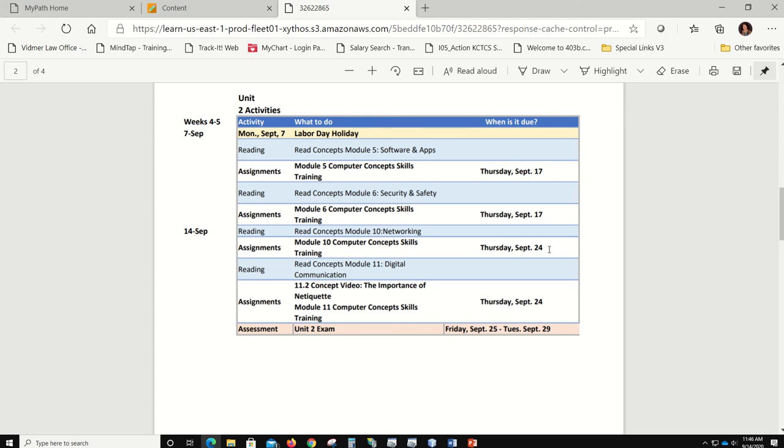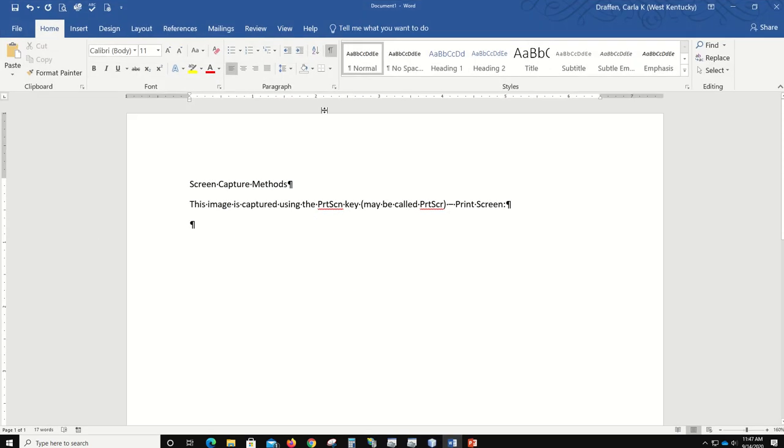It may be PrtScr or PrtScn. It may even say the word PrtScreen on it. So we're going to tap that. And it doesn't look like anything happened, but we actually captured this image to the Windows clipboard. Its own little personal operating system clipboard to hold an image that we can paste multiple times until we capture something else. So I want to go open up Word, which I had already started, and I had typed in